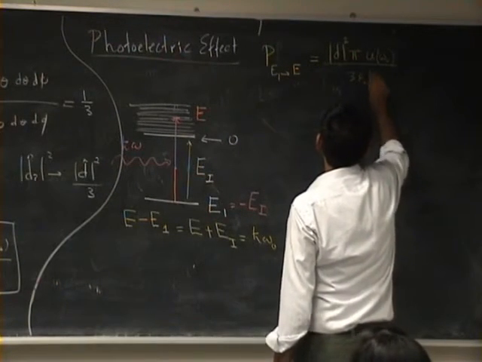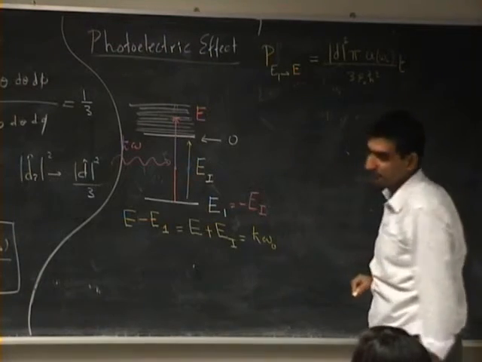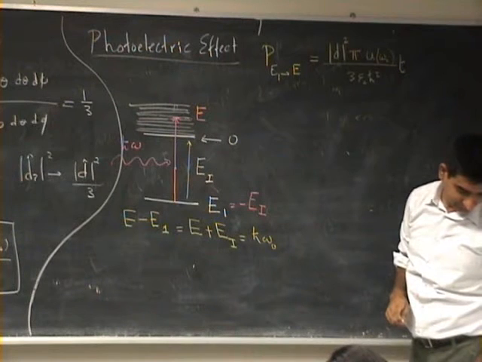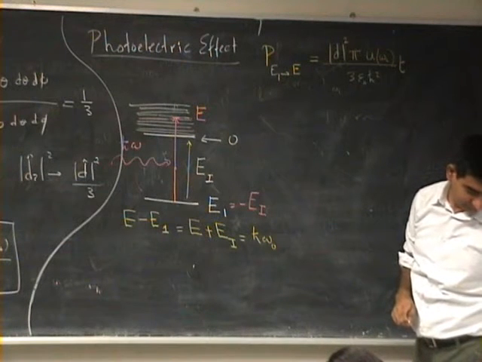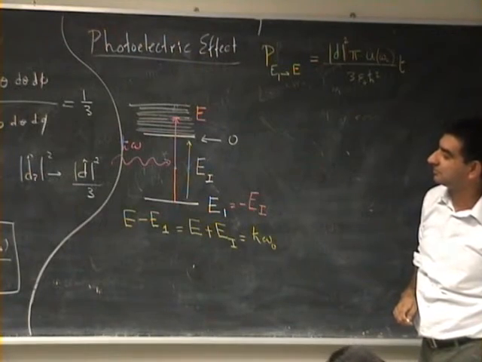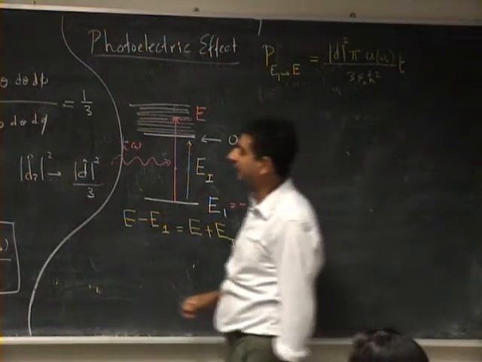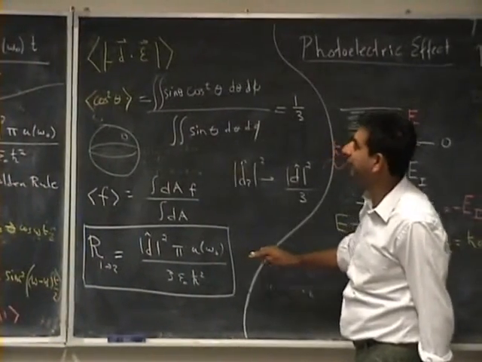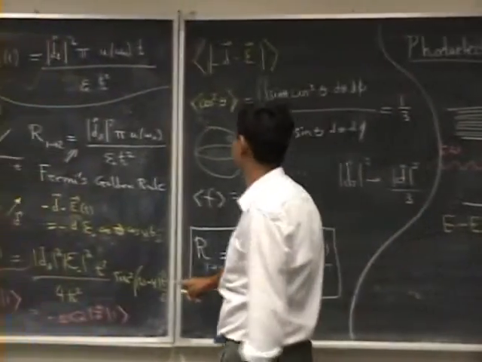Epsilon naught h bar square into time. और साथ साथ सिंक फंक्शन. और ये तो रेट है. यहाँ पे सिंक फंक्शन